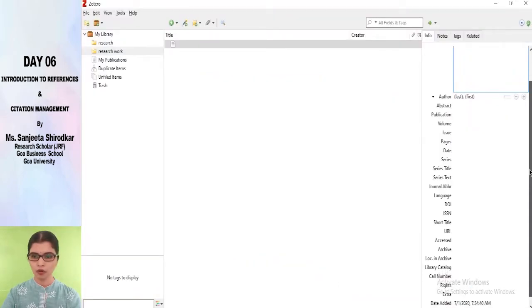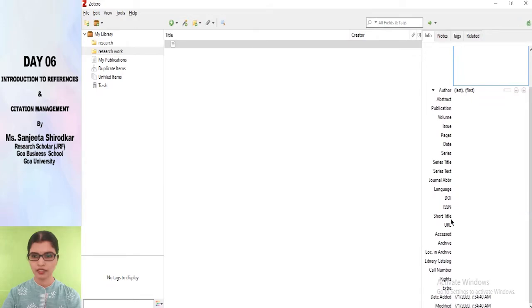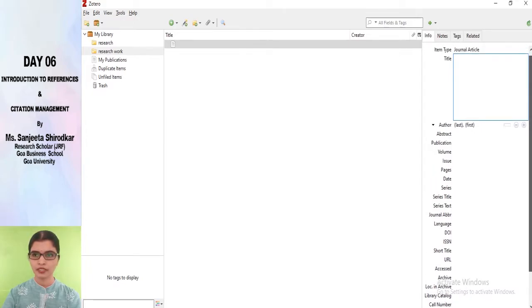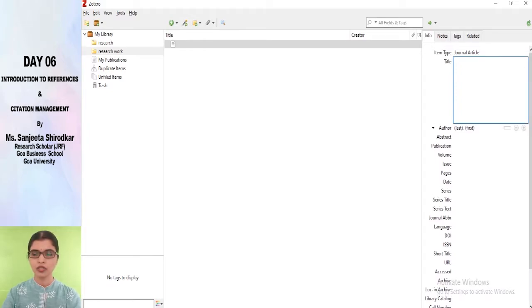Here all the options are there, that is DOI, date, series, pages, issues, volumes, publication, abstract, then the title. So you are just required to fill in all the details, just like how I showed you earlier in Mendeley. You will just paste it here.